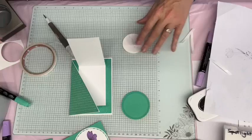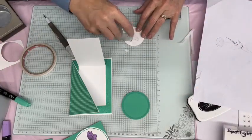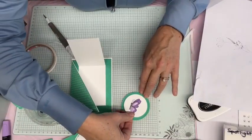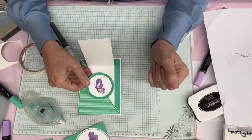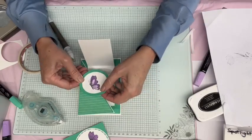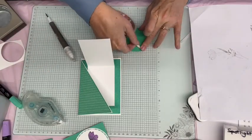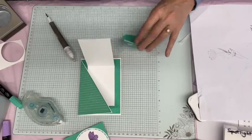Right, I'm going to adhere that one to there, so I'll just use my seal. I won't raise this one up because I want to raise the piece at the top up, and this has to hide underneath. So I'm just going to put my butterfly on there like that, and this one will be attached to there like that. So we're just attaching it under half, and I will put tear and tape on that piece because it's important that that holds, and it's only going to be adhered by half of our